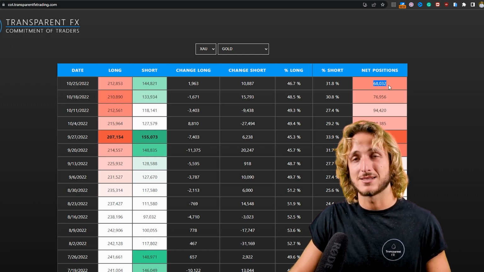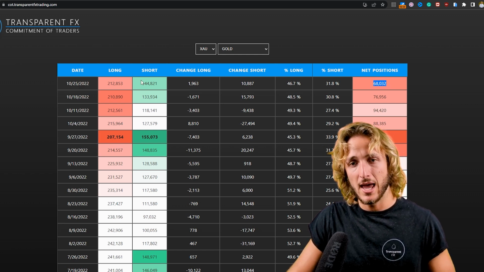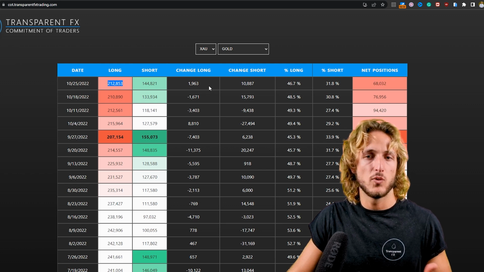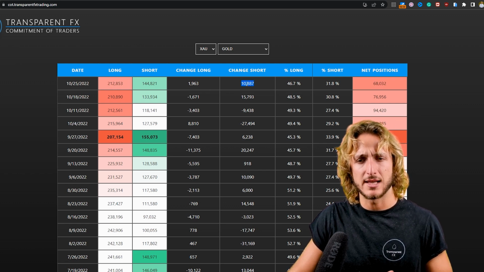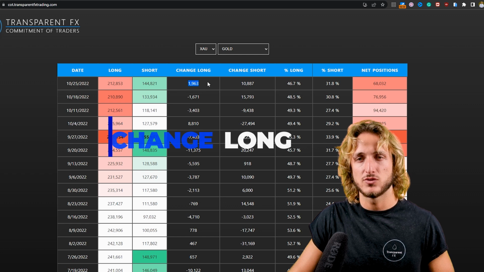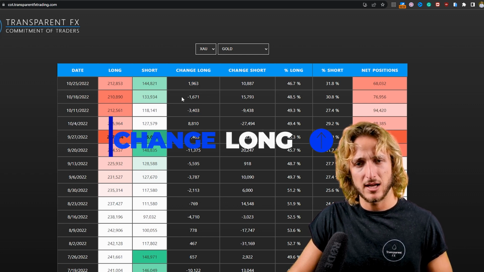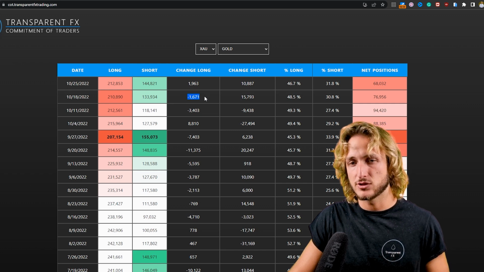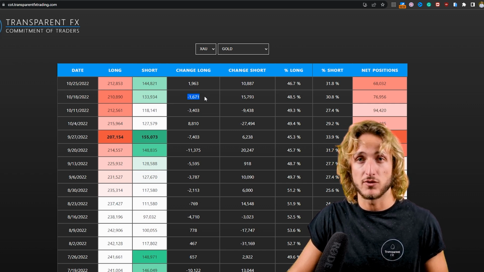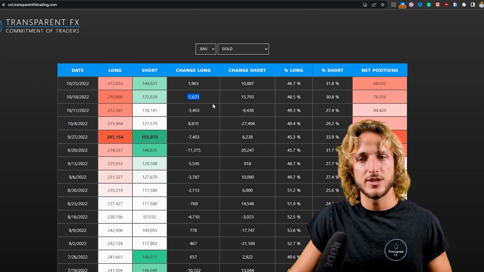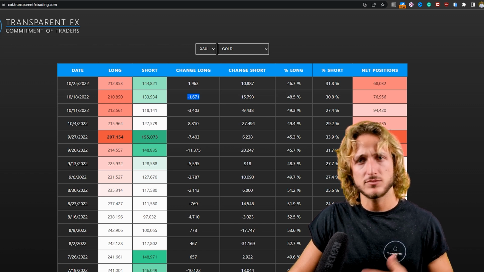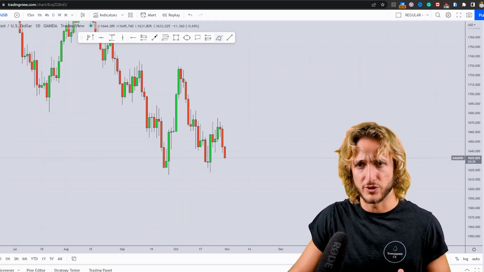We're now sitting at 68k net positions. And with the last report, we did have shorts added. However, we have now started to see longs added as well, 1.9k longs getting added after a couple of reports where we were seeing thousands of longs getting closed. Now, what this usually indicates is that even though in the long term everything looks pretty bearish,